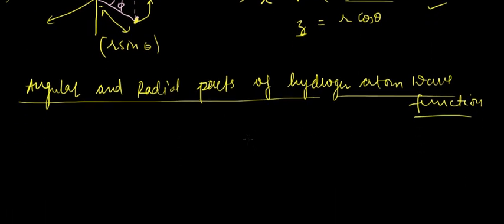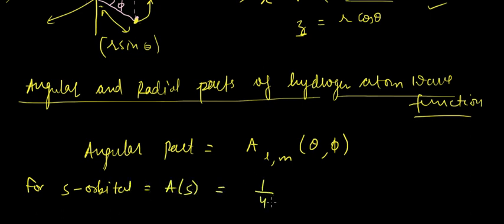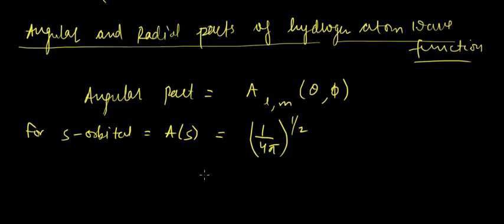The angular part, as we have discussed in the previous lecture, is A l comma m, dependent on theta and phi. So for the s orbital, the angular part would be root of 1 by 4 pi, and for the p orbital,